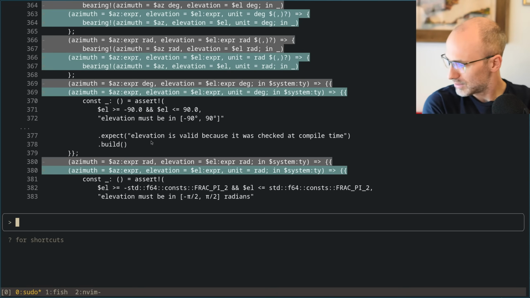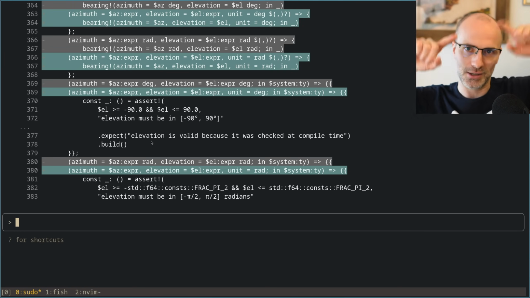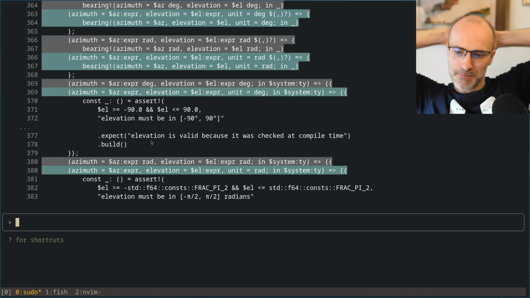So here there's an interesting question about whether we just want to force it to be only literals for now, which don't have this restriction, or whether we're fine with expressions and then we switch to the radians and then a bracketed expression instead.